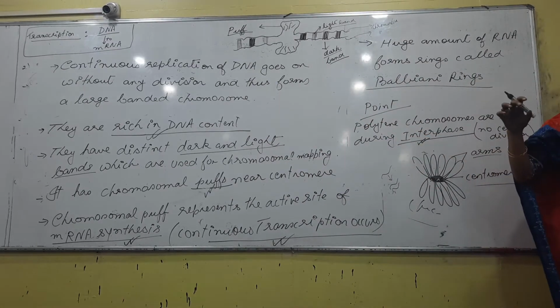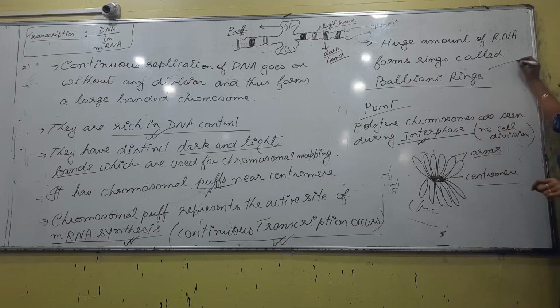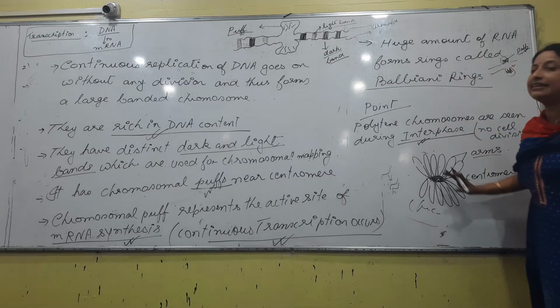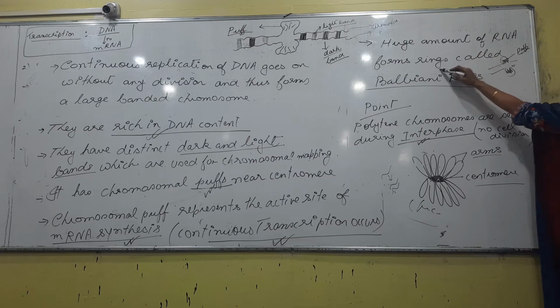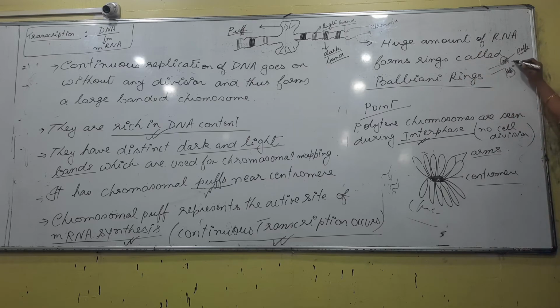Just think about a long thread. Okay? A thread normally stays like this, but if for some reason synthesis becomes more here, it will not remain fully like that. So we can call this a puff. So a puff-like structure is seen in this type of special chromosome, right? And in this continuous puff, a huge amount of RNA will ultimately be formed, forming rings. Again at one point basic synthesis happens, again a puff forms, right? So ultimately this would be called rings.